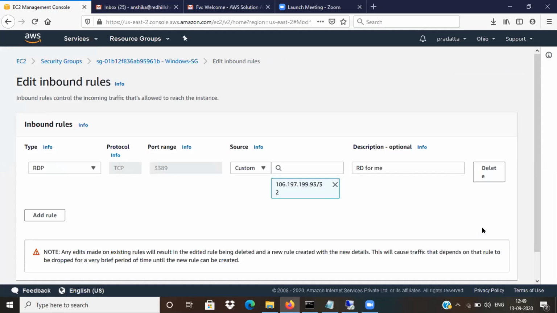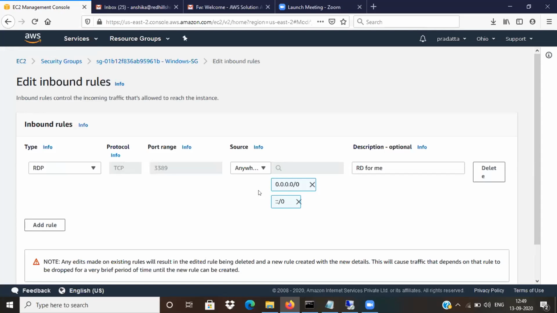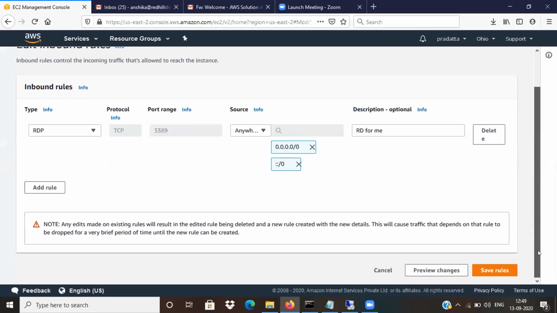Okay, one second. So it's showing 106.197. For a moment you just click on that custom option. Say anywhere. Yeah, okay. Now you come down. Say save rules.